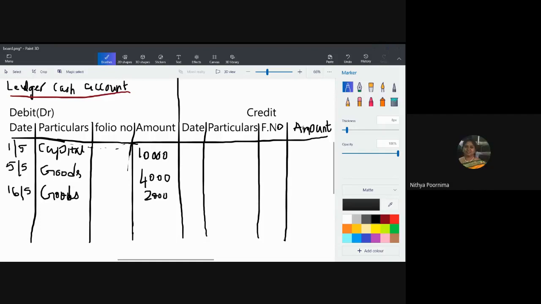You have made it in the journal entry. From the journal entry, I am going to make a ledger entry now. The ledger entry will be precise, and it deals only with the cash account, goods account, and capital account. Now, from the cash account, whatever transactions have happened, I'm going to group them and write them on the debit side and credit side. When I'm writing the ledger entry, you differentiate into two: one is the debit side, one is the credit side. On the debit side, wherever cash account is on the debit side, whichever accounts the transaction has been made to, I'm going to write it there. Did you understand now?